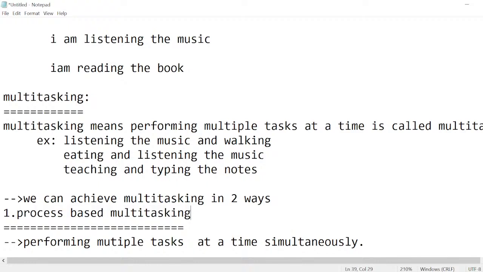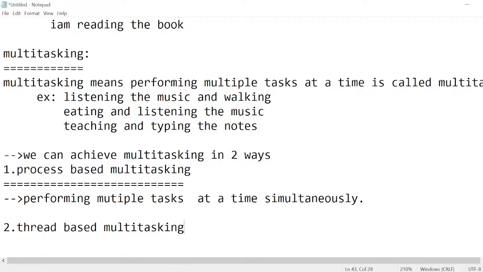But in case of thread-based multitasking,